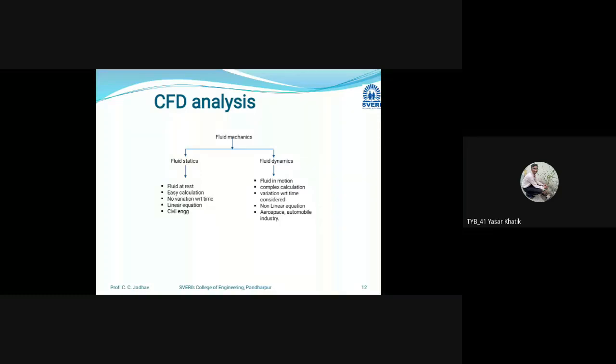So a fluid is a substance that continuously deforms under an applied shear stress regardless of the magnitude of the applied stress. Okay, so gas and liquid both are fluids. So fluid mechanics deals with the study of fluids, their properties and behavior. So we are interested only in fluid analysis in CFD. And basically this analysis is used in different applications like prediction, combustion chamber design to check optimum fuel air mixing, aerospace design. Okay, so in an internal combustion engine we require an optimum fuel and air mixture. For that, we use this CFD analysis,